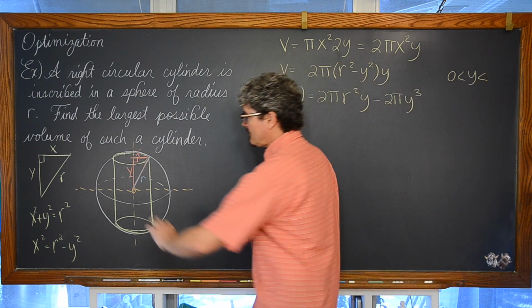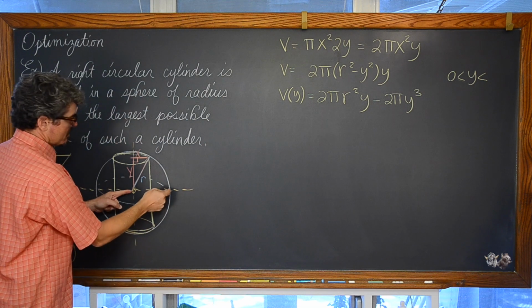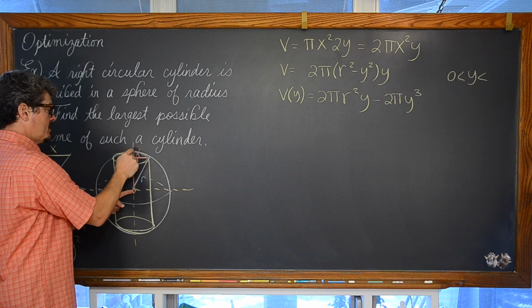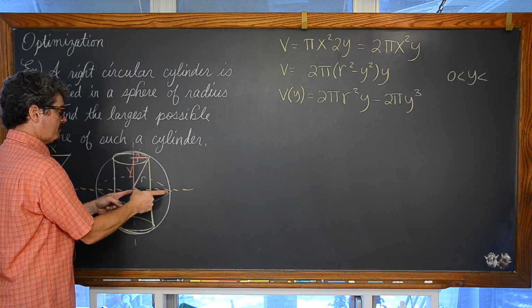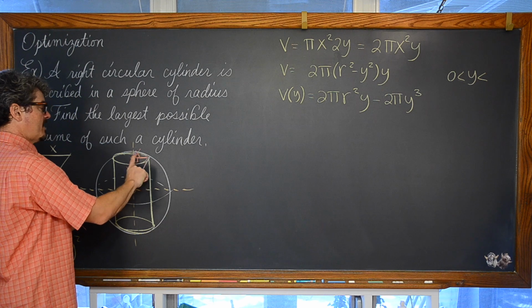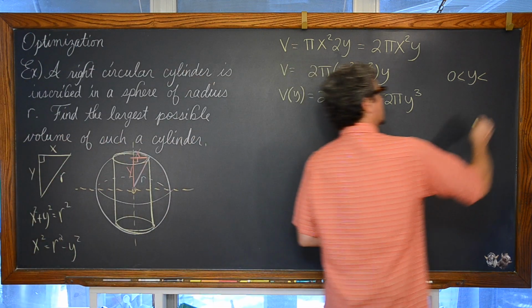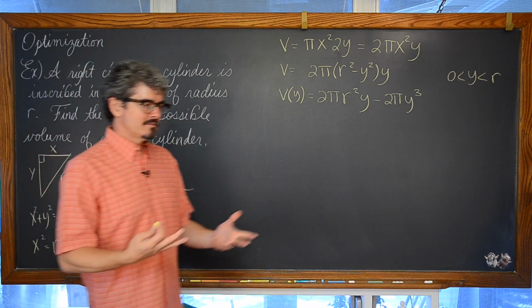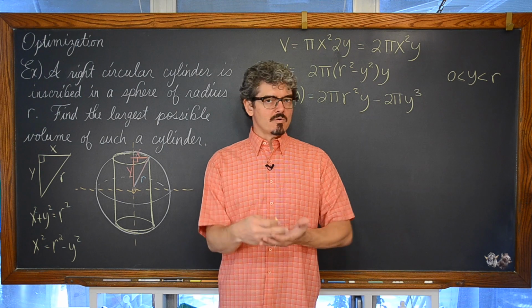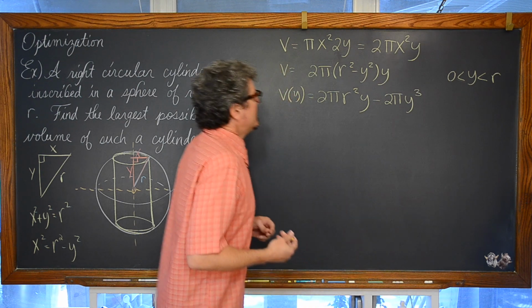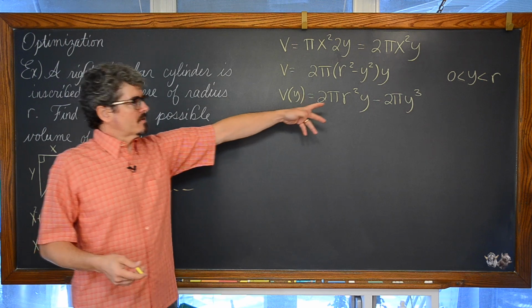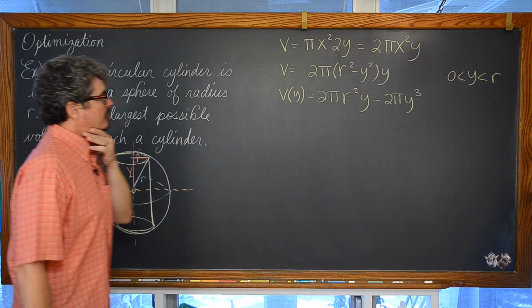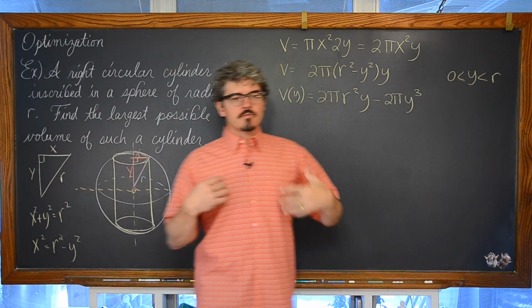As this radius of r kind of rotates up to pi over 2, that value of y is going to go from a value of 0 up to a maximum value of r. But I'm not going to say that y can be equal to r because then you don't have a cylinder, unless you want to say you have a cylinder with a radius of 0, but that's kind of just a line. Maybe your teacher can argue that this should be a closed interval. I'm going to keep it as an open interval though. If it is a closed interval, then you're just going to do that extreme value test.